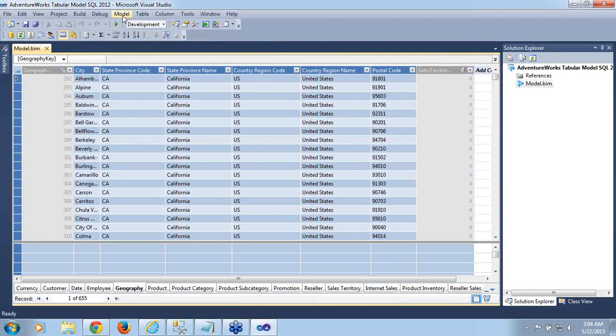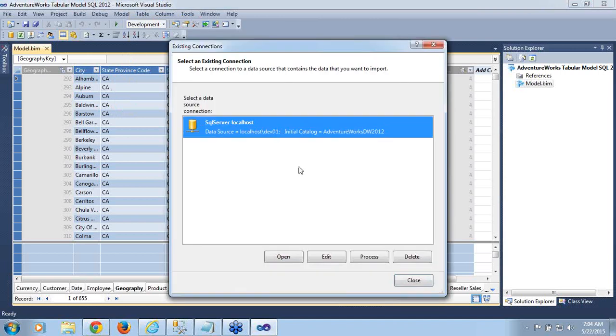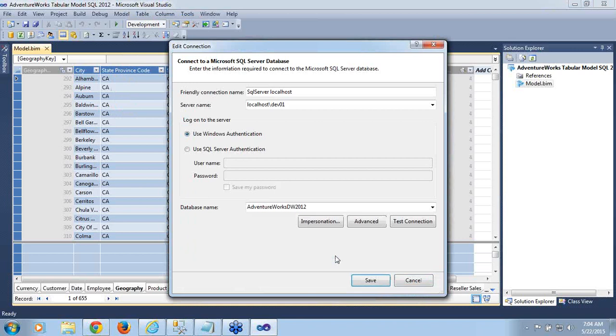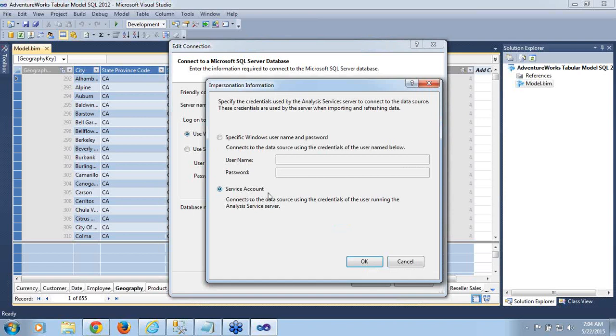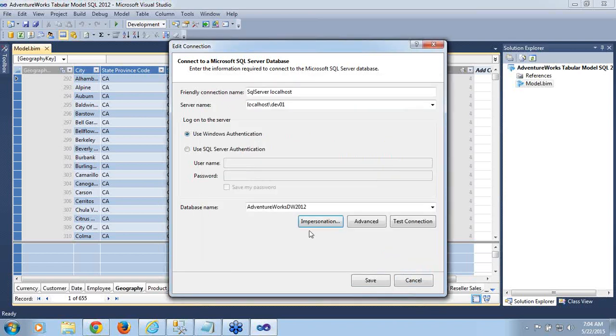For example, if I go to model, existing connections, here is my data source connection. I go to edit, and here I go to impersonation. So I'm using the tabular service account to log in to AdventureWorks DW 2012. Similarly, for multidimensional, I was using the multidimensional service account to log into my data source. So whether it is multidimensional or tabular, if you're using the multidimensional service account or the tabular service account,